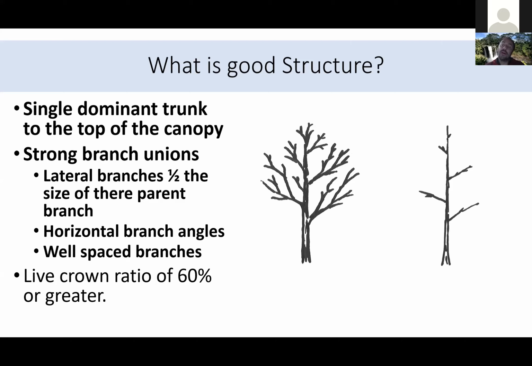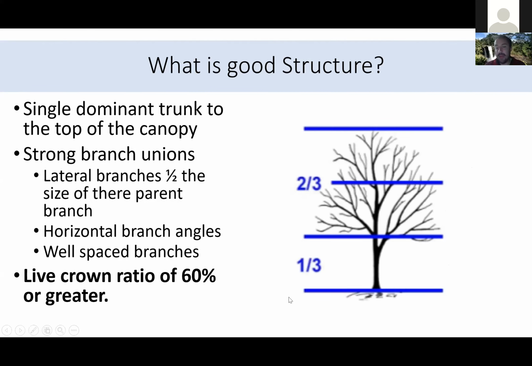And then finally, we want the tree to have a proper live crown ratio, which is essentially just saying that we want to make sure that enough of the tree by height is canopy versus bare trunk, right? So this tree is 2/3 canopy, 1/3 bare trunk. That's essentially the ratio we want, at least 2/3 of the tree canopy and 1/3 bare trunk. I know this says 60%. Confusingly in the literature, it's oftentimes said as 60% or 2/3. I know they're not quite the same idea, but you get the idea, right? About 2/3 of the tree's height should be canopy and only 1/3 or less exposed bare trunk.